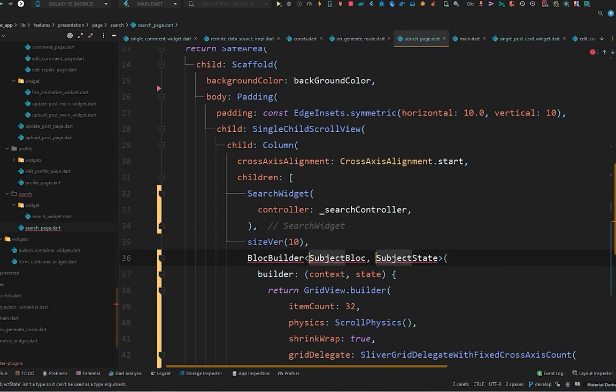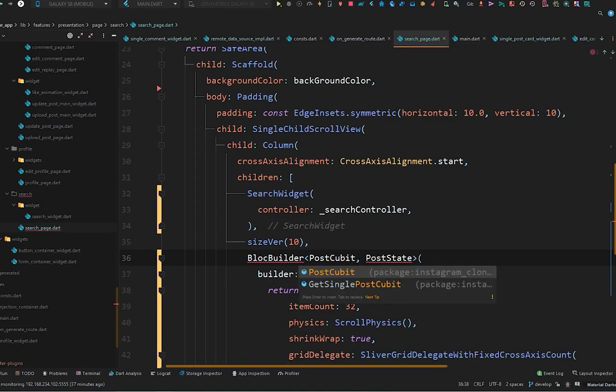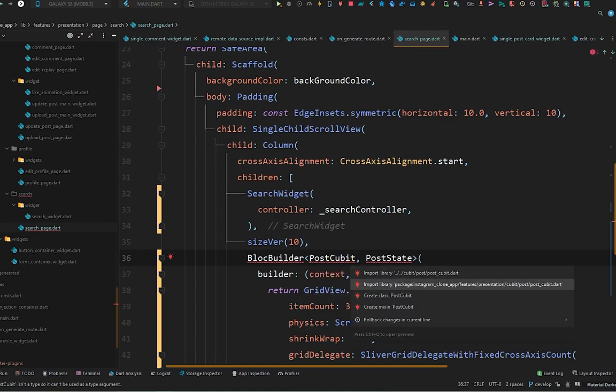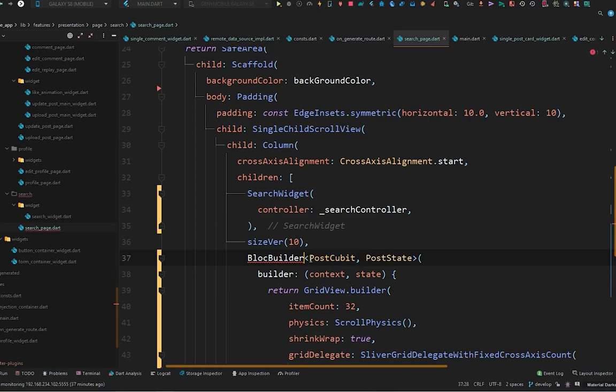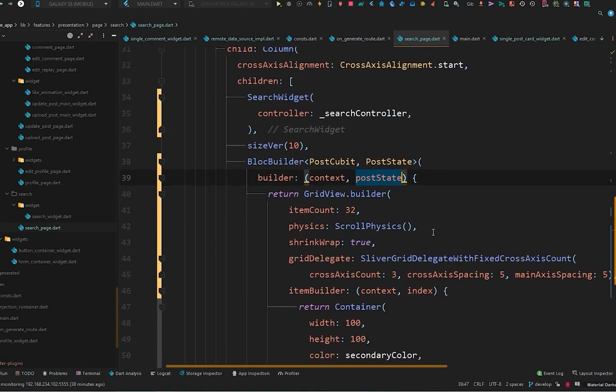Hold Alt J to select the corresponding one, and this will be post, and change this to post cubit and import this post cubit, and also import the flutter bloc and change the state name to post state, and